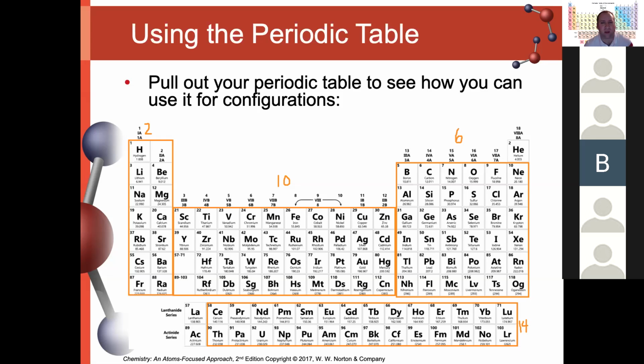But you can see by using this, we can look and see, okay, 2 electrons. Well, 2 electrons matches the S capacity. 6 electrons, that matches the P capacity. 10 electrons, that matches the D capacity. 14 electrons, that matches the F capacity. And so what we can do, I'm going to actually clear this,